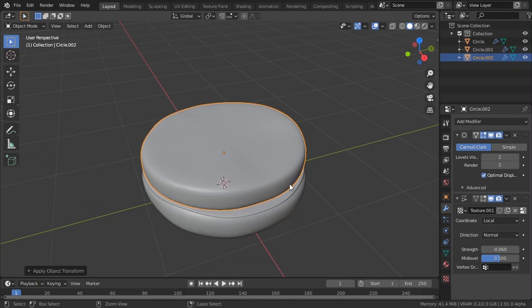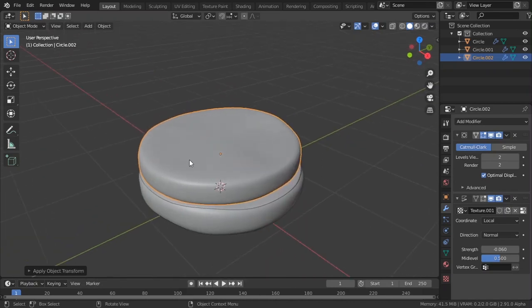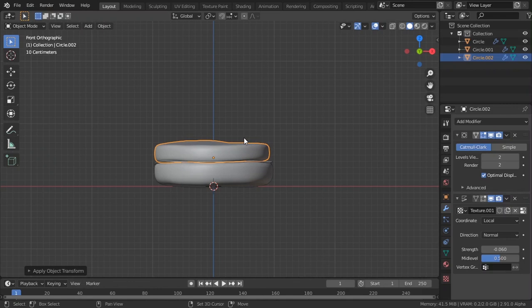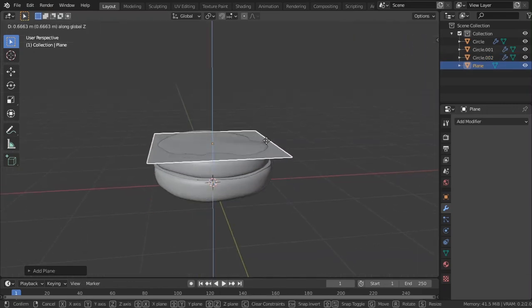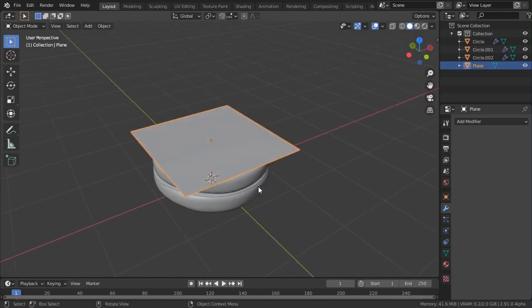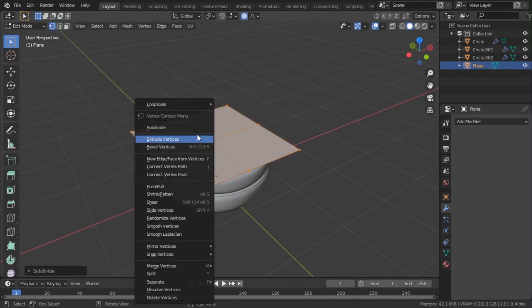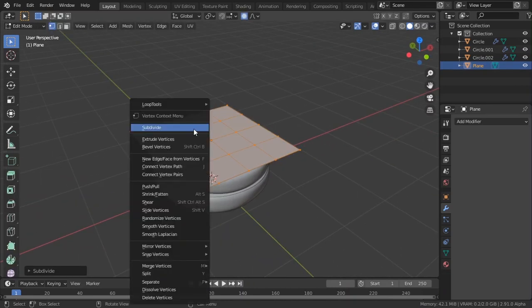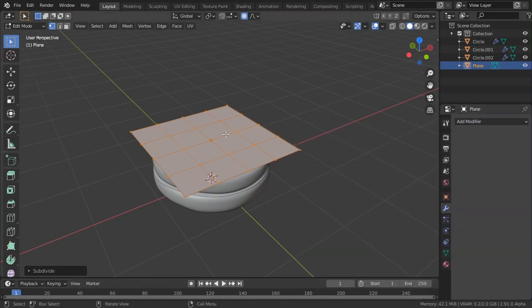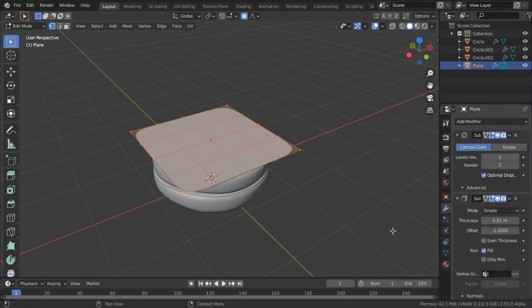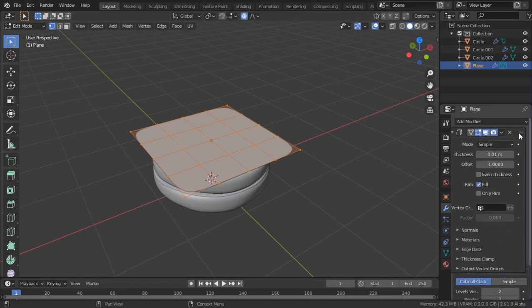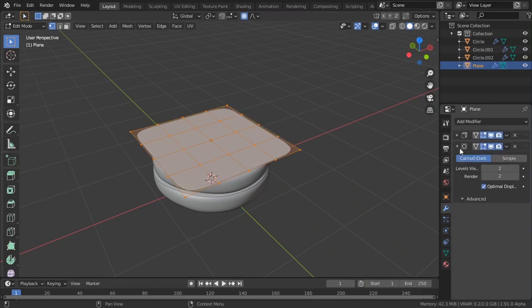Scale, Shift A, and I'll apply the scale. We add the cheese. For the cheese, we are not going to be adding a circle. In fact, we are adding a plane like this, because the cheese is kind of square. And subdivide it. Yeah, this is good. Add a subdivision surface modifier. Make it 2. Add a solidify modifier like this. Put it on the top of the subdivision surface,